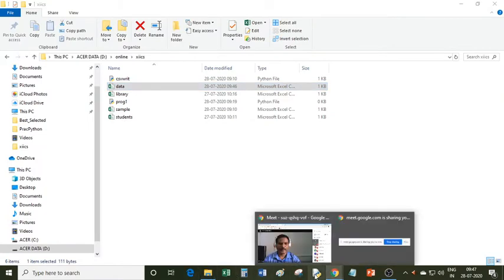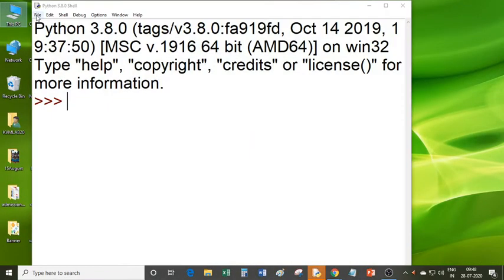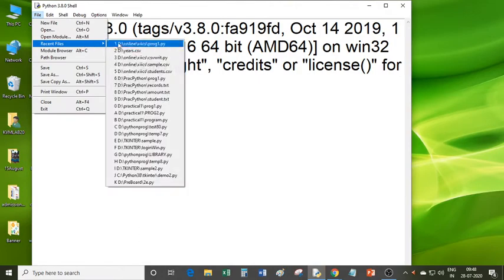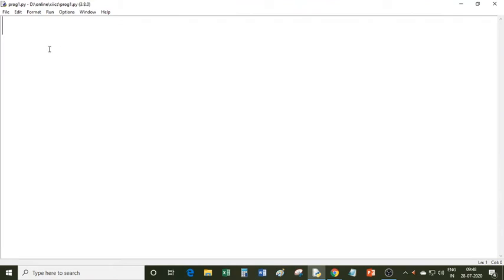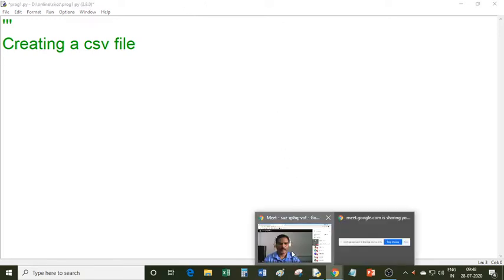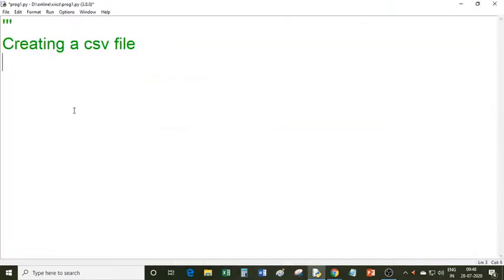I am opening Python standard editor. So write down the today's topic, creating a CSV file. So to create a CSV file from Python program, you have to create a new file using the open function.